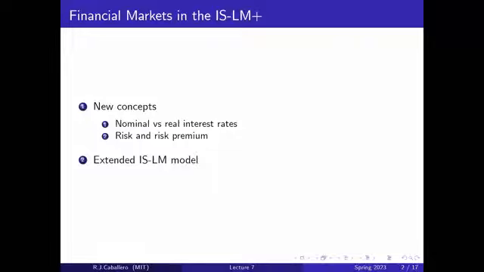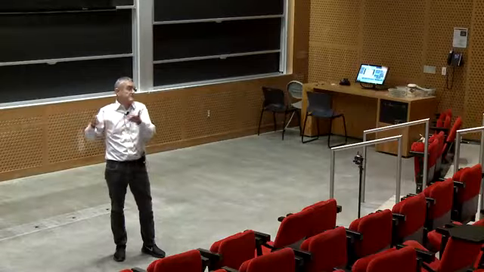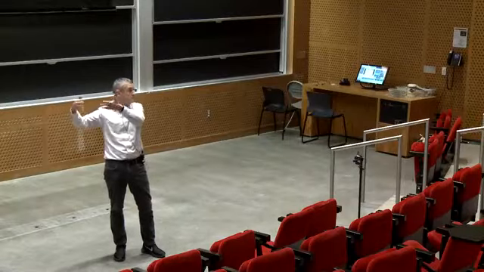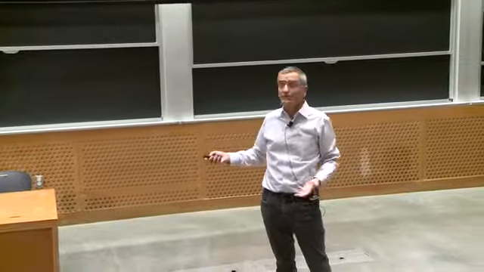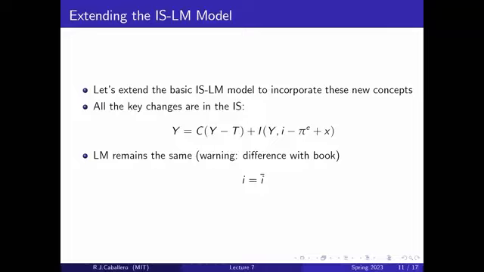And the second thing is that the same firms are very unlikely to pay the same that the Treasury pays for borrowing. It's a riskier proposition to invest in bonds issued by a corporation, and therefore they're going to have to pay a risk premium for that. Okay? And so the importance of these two things is that